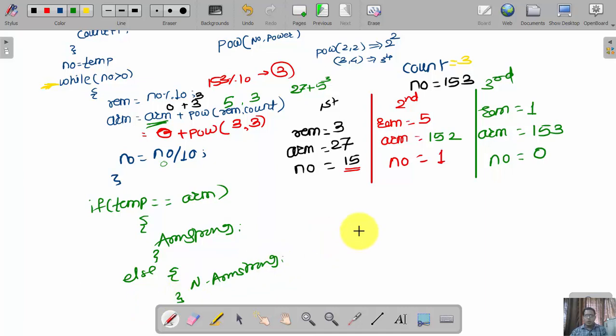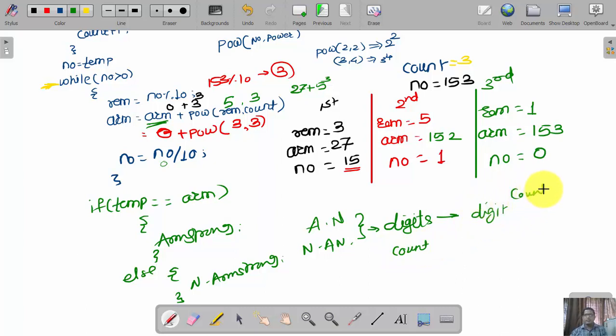In short, whenever you want to find out whether any entered number is an Armstrong number or not, what do we have to do? Simple. First calculate the total number of digits, then separate each digit, and suppose I call this the count, and just go with each digit raised to count plus.